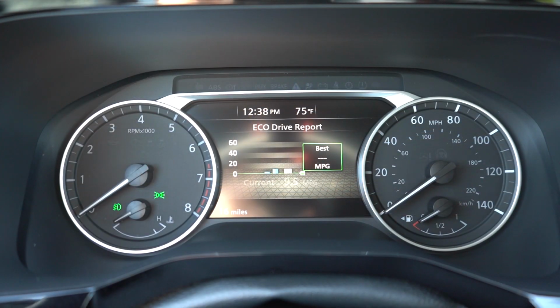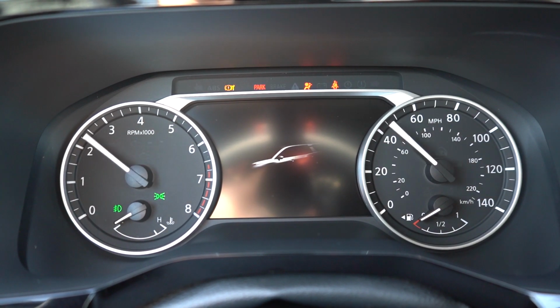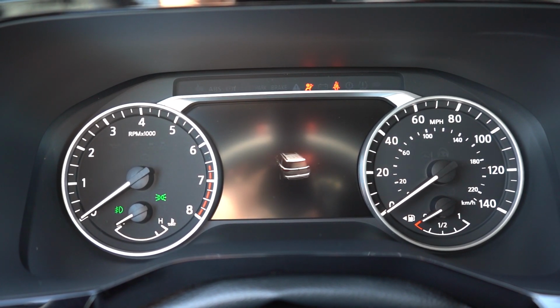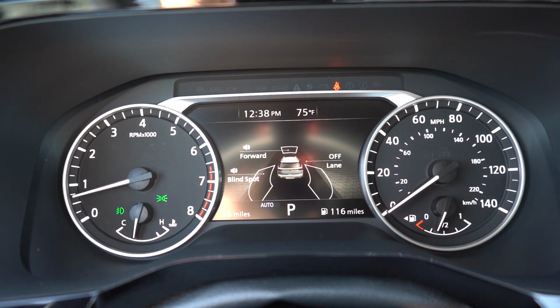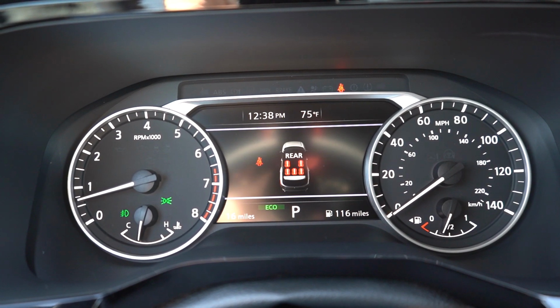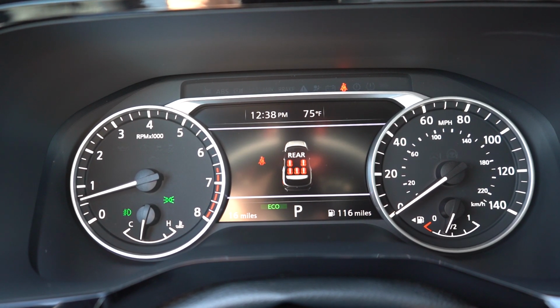But so then once started up, there will be a full digital gauge cluster that will come standard on the Platinum. However, all other trim levels is going to give you what you were currently looking at, which is an analog digital kind of mix. You got your tachometer on your left, speedometer is on your right. There is a fairly large digital display though, front and center, and you can control what is on there by